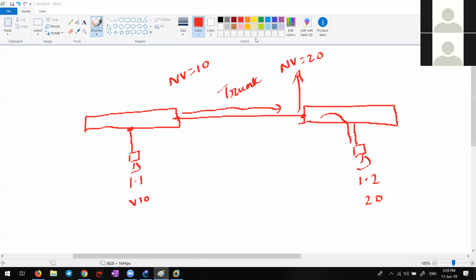CDP, Cisco Discovery Protocol. You have not heard about CDP? No? Okay. Today, go and check what CDP is. By tomorrow, submit the homework, you three. Write a paragraph about CDP and bring it to me, since you have never heard about it. I'm serious, okay? And you should be coming to class tomorrow.